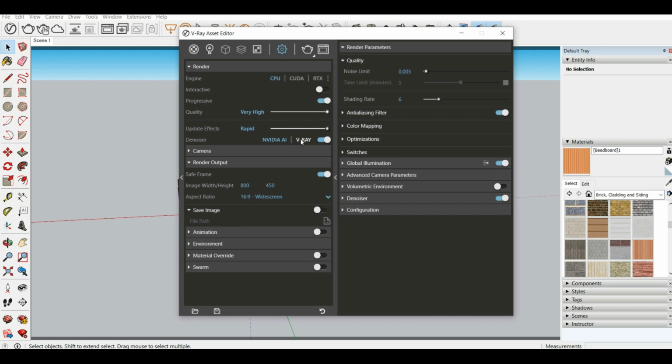practice for that. So I'll just tell you some basic things like quality and denoiser, that's more than enough for the settings. So don't go that much in depth with the settings. As soon as you get more expert when using V-Ray and SketchUp, you'll be able to distinguish between what kind of settings you need. So now I'll just close this window, and